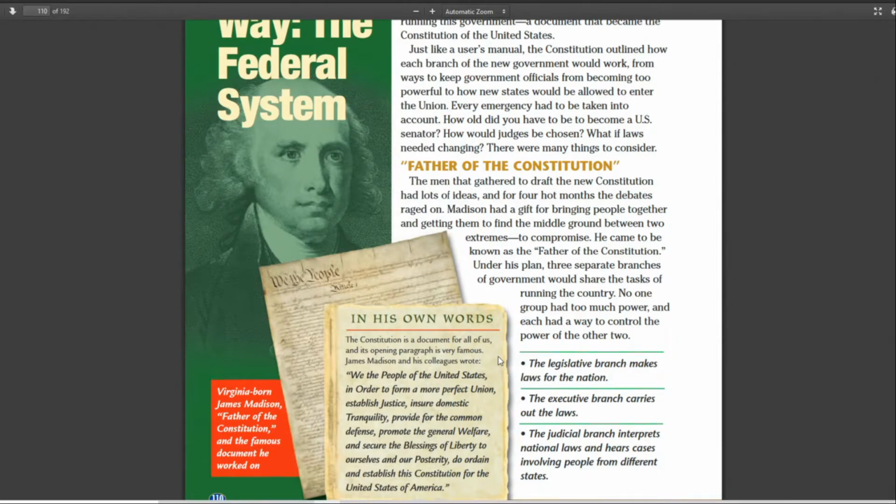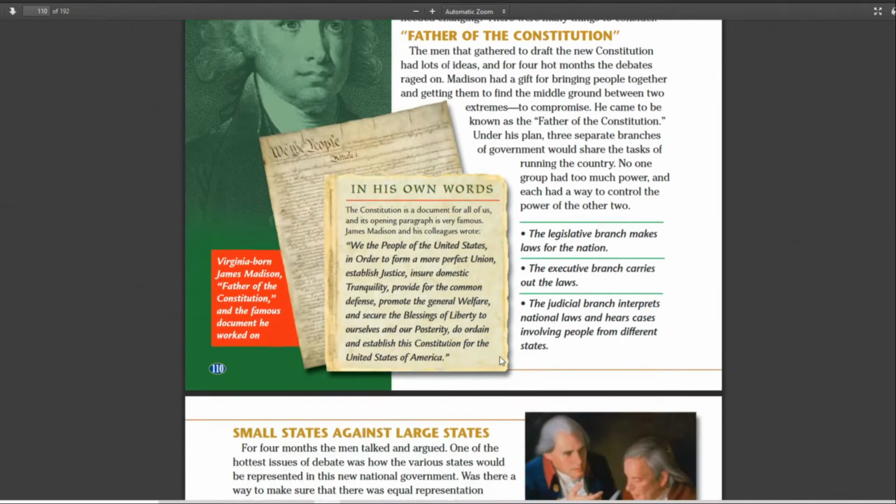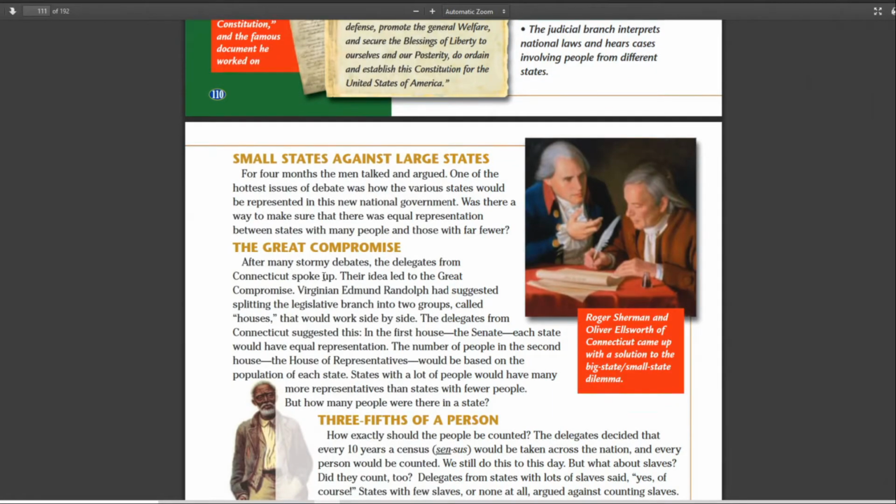Well, I think of my son here on this with the compromise that they come up with. Should we have a system that bases the votes on population, or do we just give the states an equal amount of votes? And their answer was 2. We're going to do both. Okay, so the Great Compromise splits the legislative branch into 2 chambers.